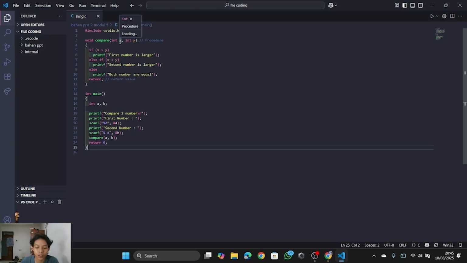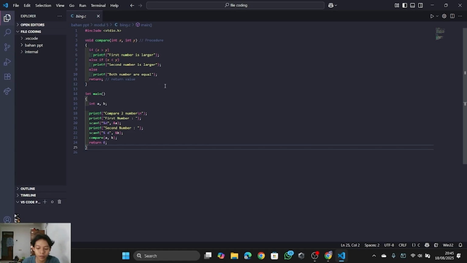Then we will execute the function: if x is larger than y, printf will output first number is larger. However, if x is less than y, printf will output second number is larger. If both ifs don't work, the two numbers are equal.